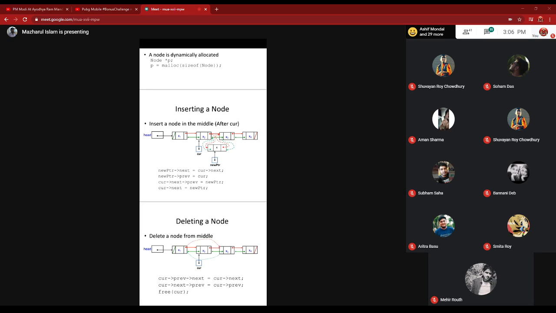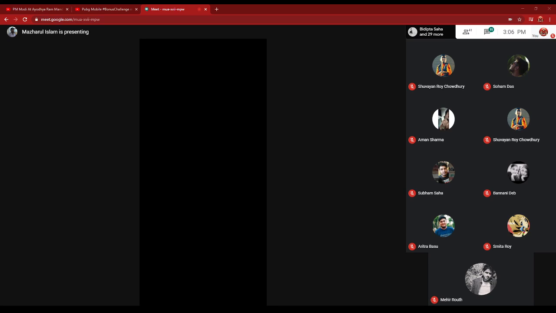And for that I told you, refresh your idea about the pointer, single pointer or double pointer. If you are not comfortable with single pointer, double pointer, you can take any book from the market or from the internet. Most of the books use single or double pointers to write the code for single linked list or double linked list.